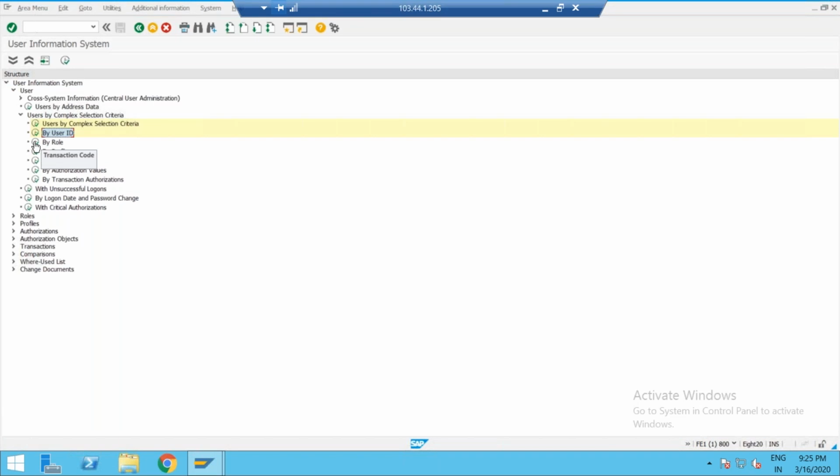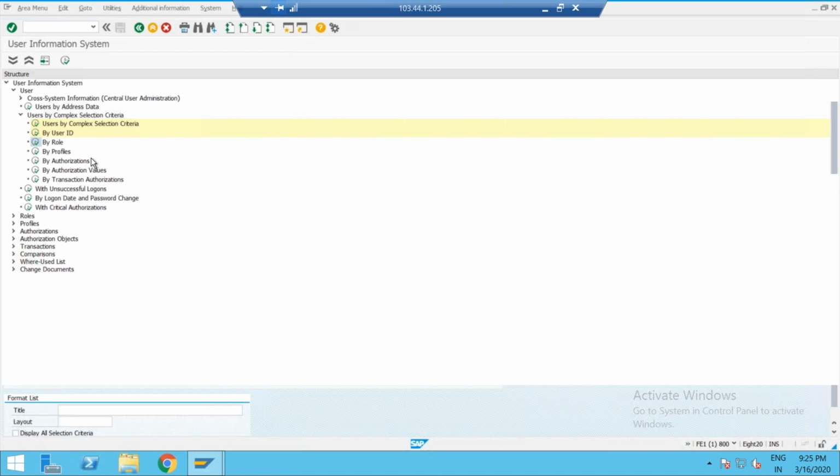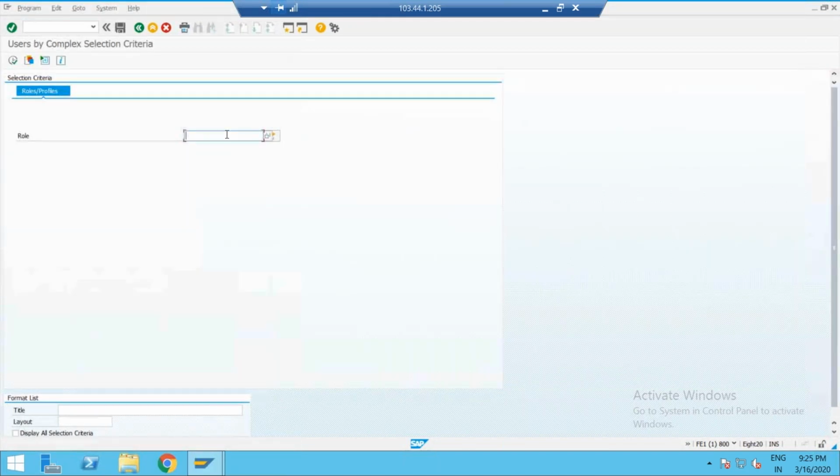Now this is the role. By role name, give any role name. For that role, how many users are assigned, it shows all the details. Give any role name. No, not star, star is nothing. Okay, you are browsing, just put Z_, because almost all the roles you are getting are Z_ only. Z_star.